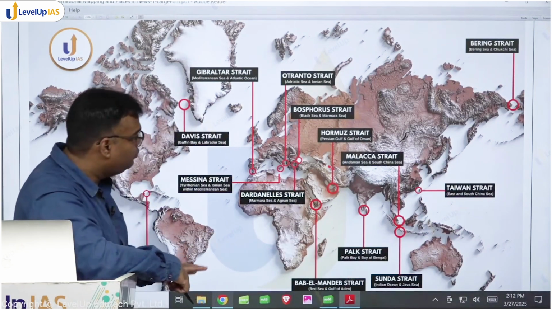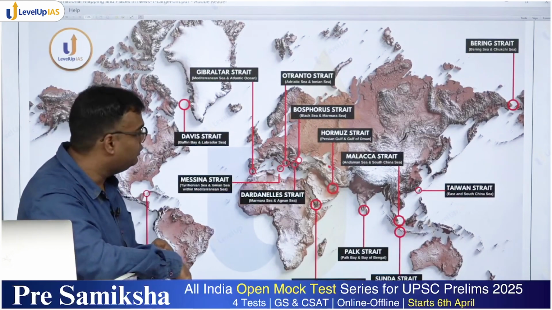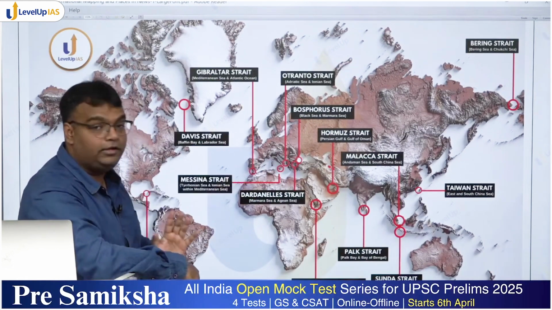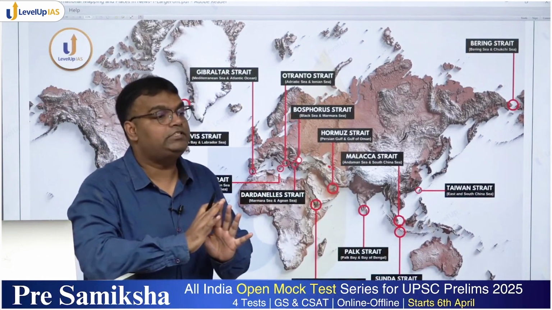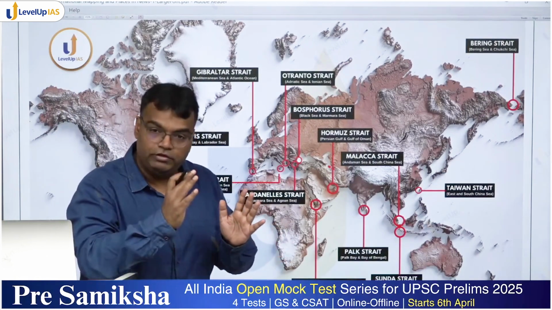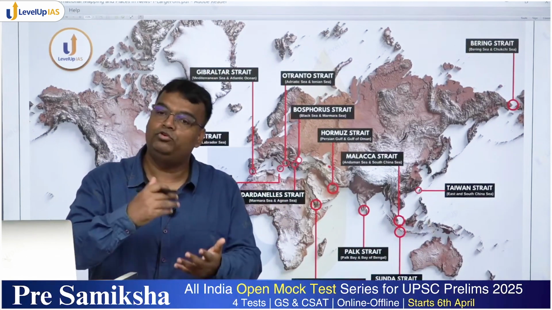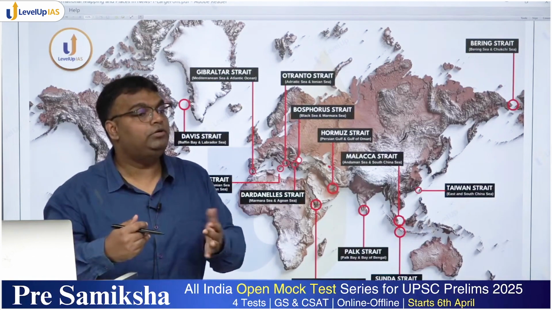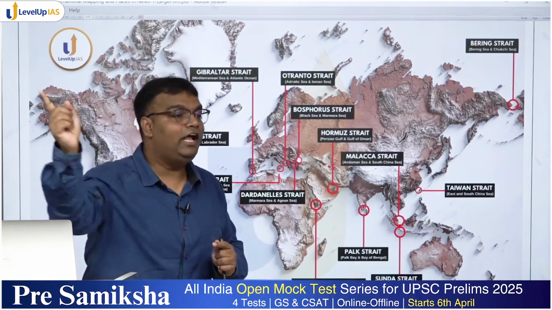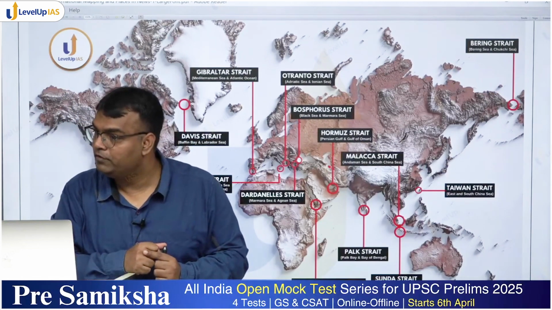Now when you come here on this side, there are 3-4 important straits that we'll talk about, but first briefly again, those who are feeling that sir, how will we remember so much at once, right now we are just summarizing everything. We will study each of these straits in more detail when we go to each region. There you will be able to understand it. But at the end of the booklet, when this is complete, you should be able to come to the first page and quickly revise all the straits which are given here.